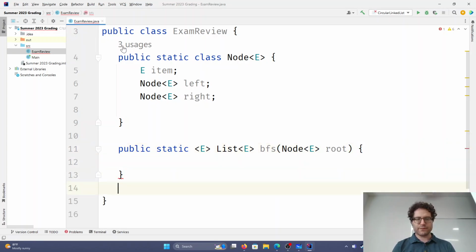Okay. And technically it would be comparables, but that would make the line extra long. So it doesn't matter for this case though. List E visit